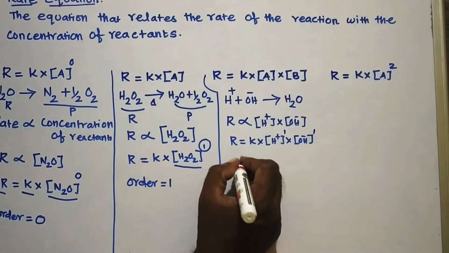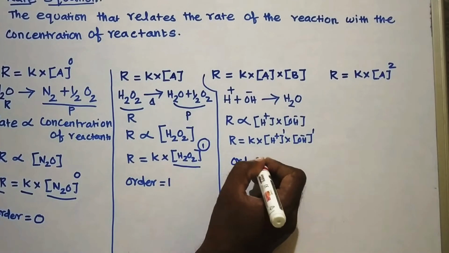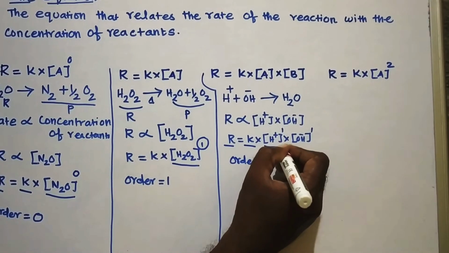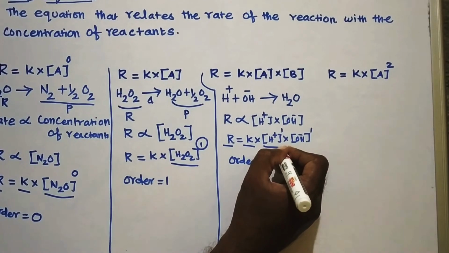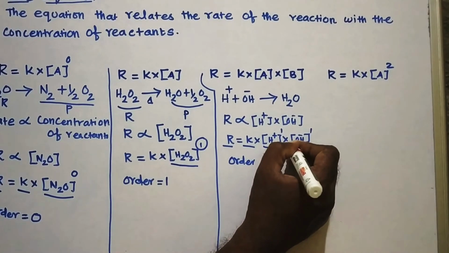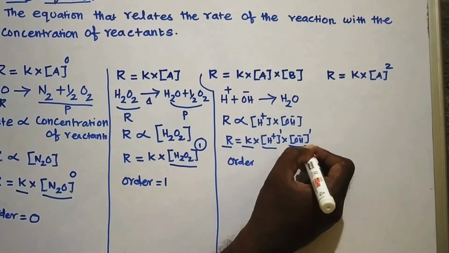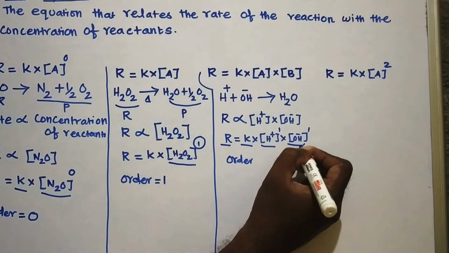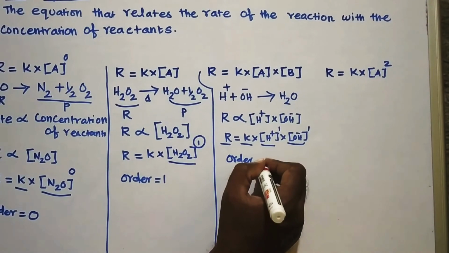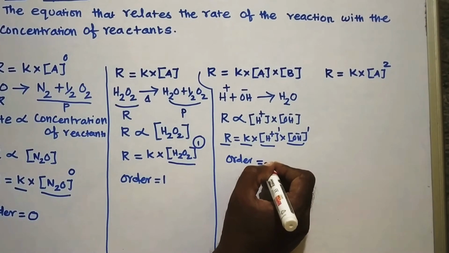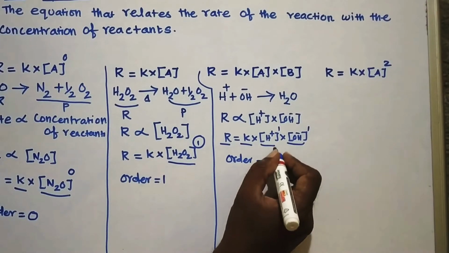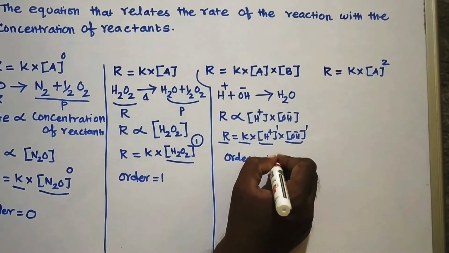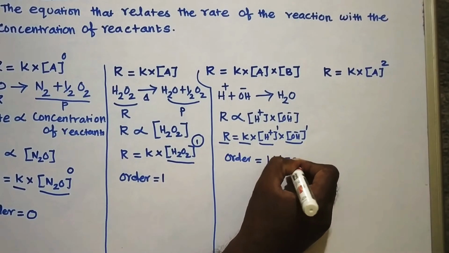Now we are going to find out the order. This is the rate constant. Here there is a constant term and there are also concentration terms. Therefore, this rate equation contains two concentration terms. So what is the sum of powers of concentration terms? Here, one power is equal to 1, and the other power is also equal to 1. The order is equal to 1 plus 1, that is equal to 2.